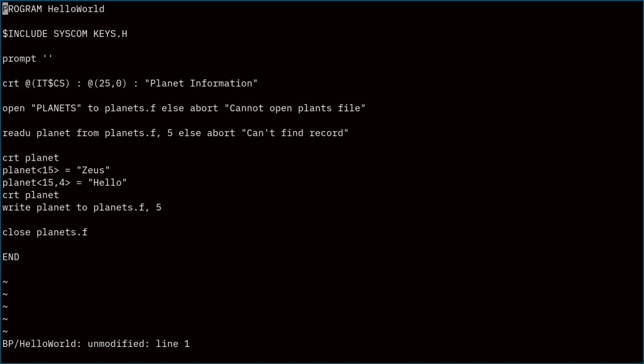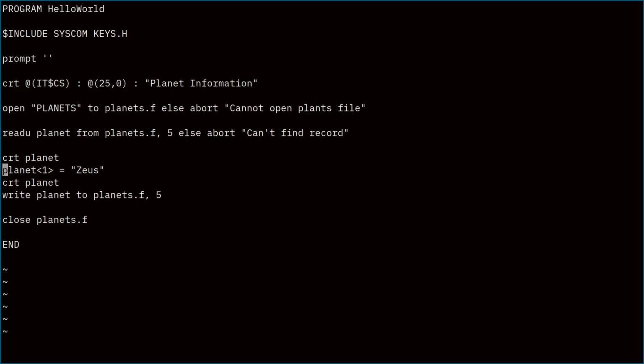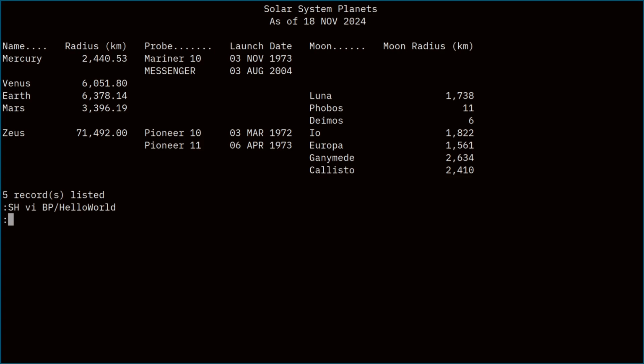Now, it's not great programming practice to depend on just constant numbers like this, right? We had to know that the name of the planet goes in attribute 1 in the planets file. So we can create our own header files or include files that will let us use symbolic names for our attributes. And there's a tool to generate this automatically based on our dictionary. So again, we put all that work into building our dictionary to teach the system about the layout of this file. If we say generate, and then we give it the file we want to generate the header from, which in this case is planets,